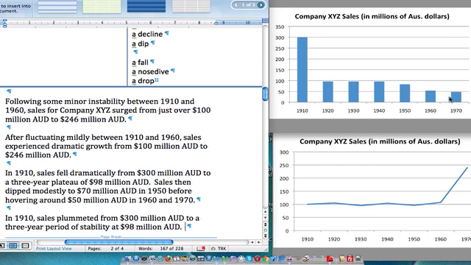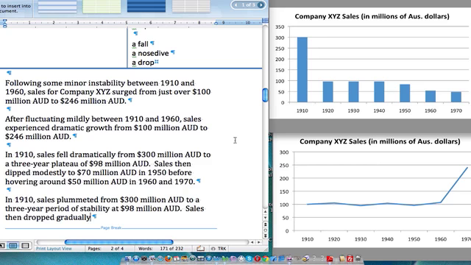So we can group this trend into one, and we could write something like sales then dropped gradually over the next 3 years to 70, I think it's about 70, yeah, million, maybe it's about 80 actually. Sorry, I just want to get this accurate. 80 million Australian dollars,